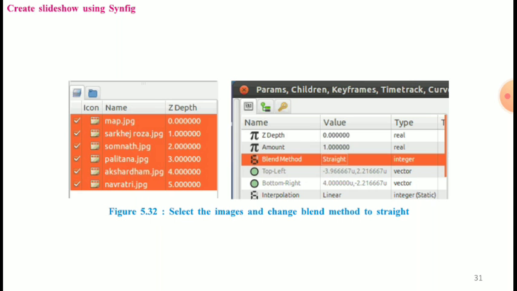Select all the images with the shift key, and in the bottom params panel select the blend method, select straight. And after setting the blend method property, we now need to work with the amount parameters.